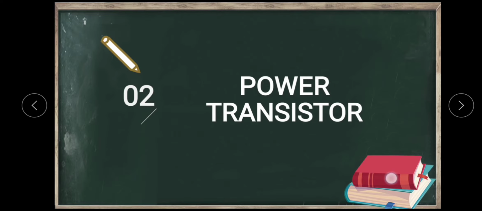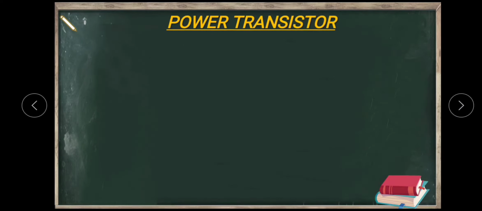Power transistor is a power semiconductor device which has full control over turn on and turn off operations in a power control device, that we call a power transistor. It means power transistor is mainly used for switching applications. This power transistor is a current controlled device. So it means output is controlled by input current, that we call a current controlled device.